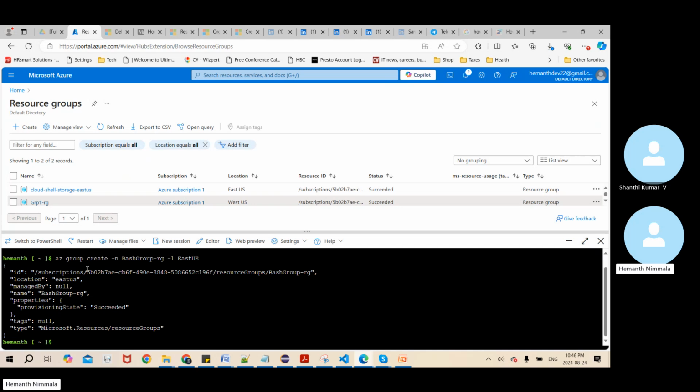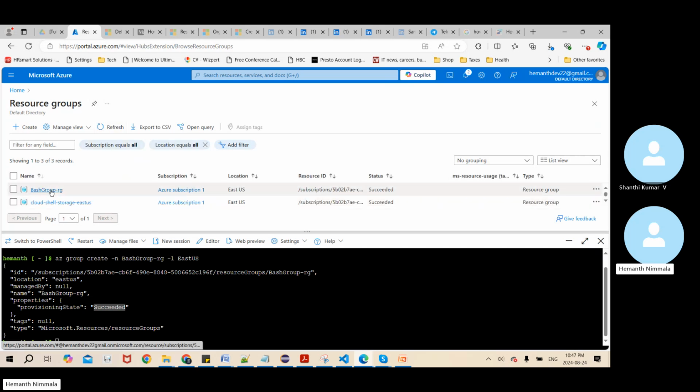Okay, you can see you have to look for the provisioning state, which is succeeded. That means the group has been created, but on the top in the portal, you don't see it listed. So let's refresh. Now you can see after refresh, the bash group is there, right? And now let's go ahead and